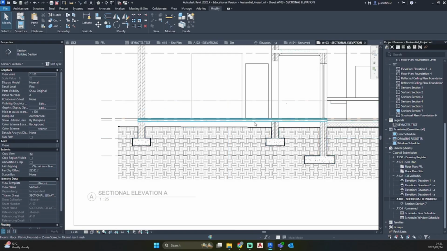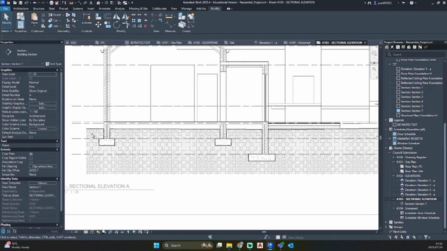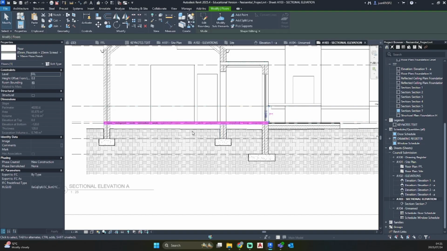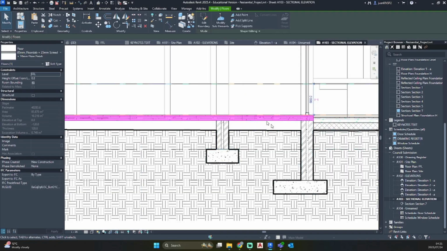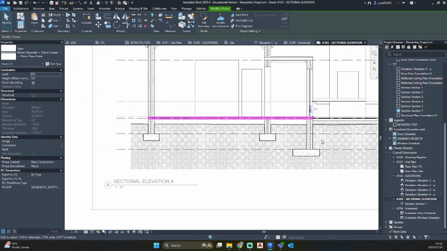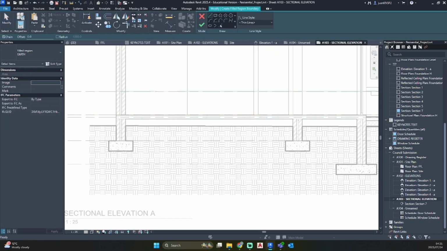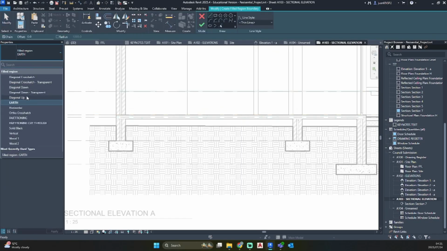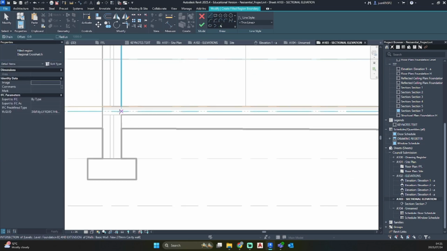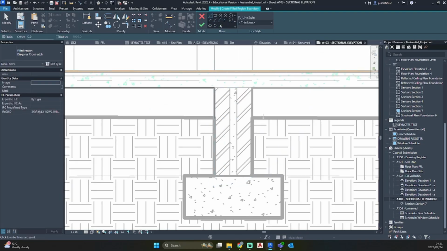So now we need to do the same for this floor slab. In this instance, if you do not want to copy this like we did with this procedure, we can go to annotate, region, diagonal crosshatch, and we can just create a full area.